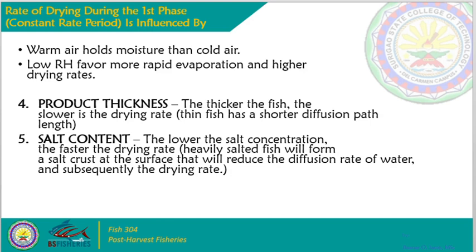You could set the temperature at a certain level and you could set the time when it will turn off. So you can leave it, and later on the phone will sound an alarm, and once the drying period is done, you can assess the final weight so that you could assess the moisture content. The third factor that influences the drying rate in the falling rate period is the relative humidity as well. Drying rate changes with relative humidity, but it is only significant when the other factors basically influence the environment also.